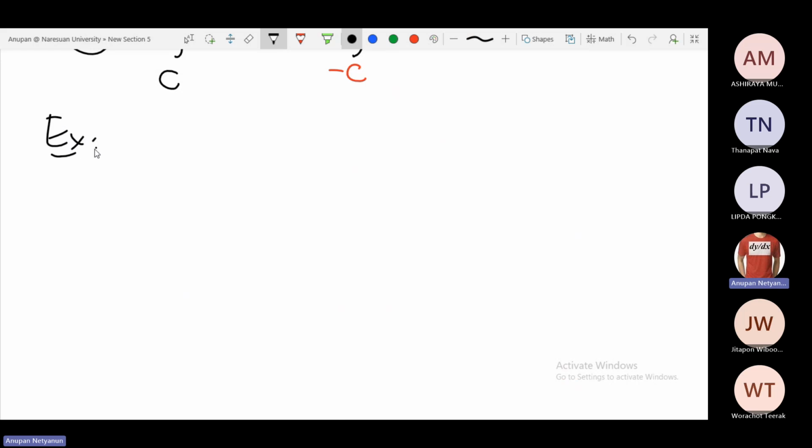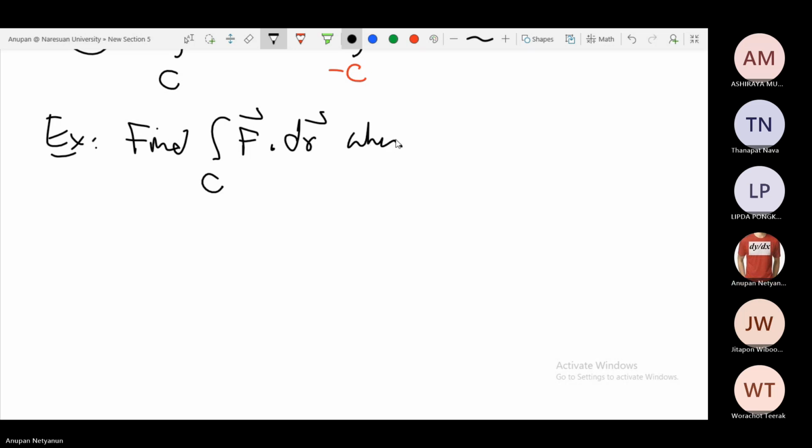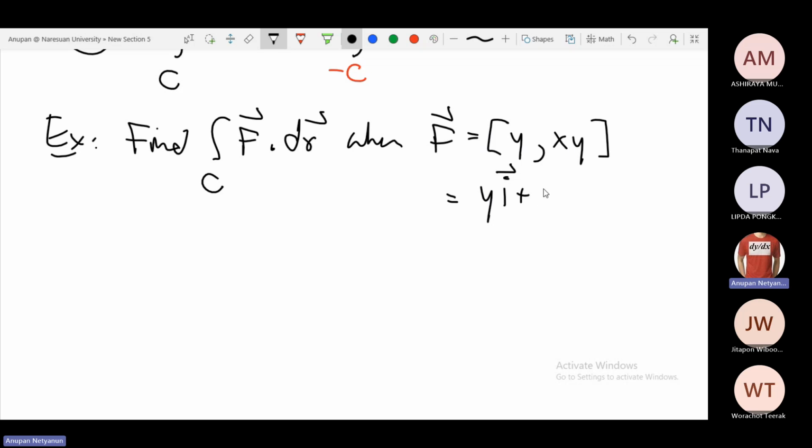Let's do an example and calculate the line integral of the vector field, the vector function. Find the integral over C of f dot dr, when f is equal to y and xy, the vector of y and xy, which is equal to y i plus xy j, okay, and C is